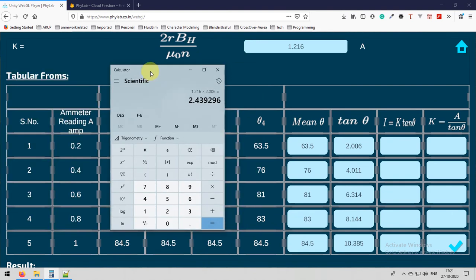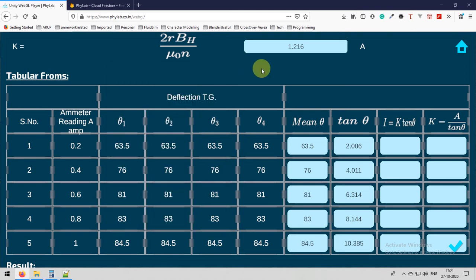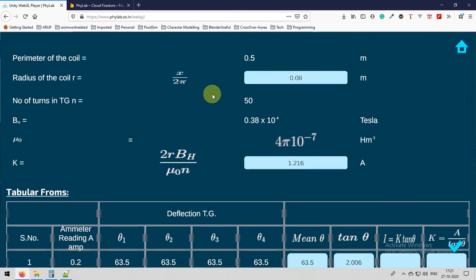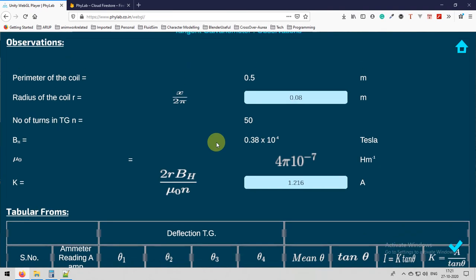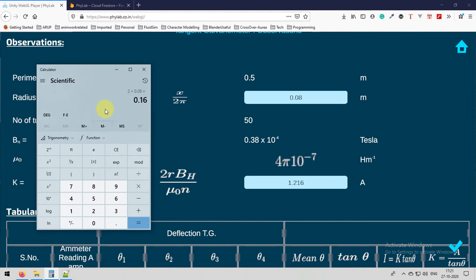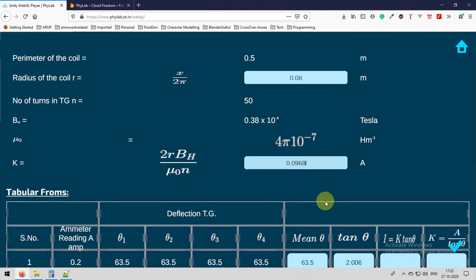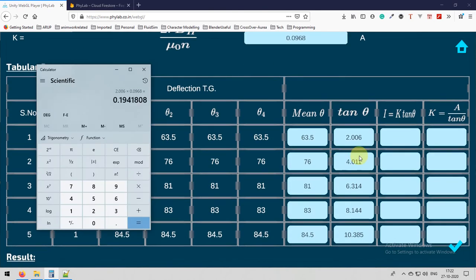Here the ammeter reading which we gave should match the I value which we calculated using the theta values and the constant value. I made a small mistake in calculating the constant value, so I went back and calculated it again.